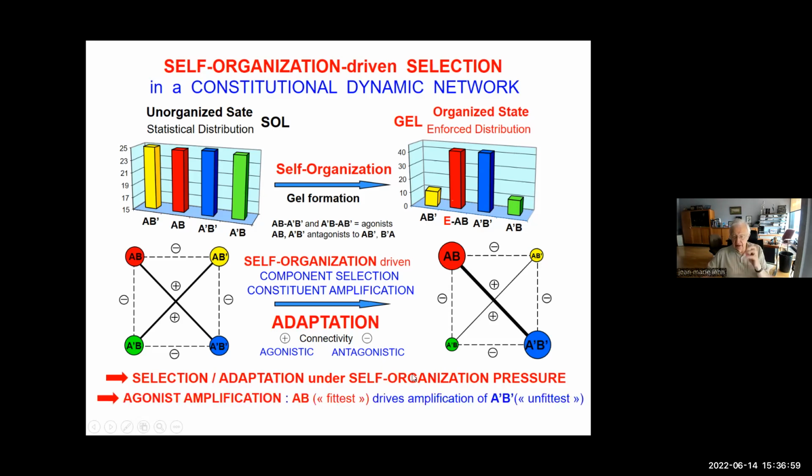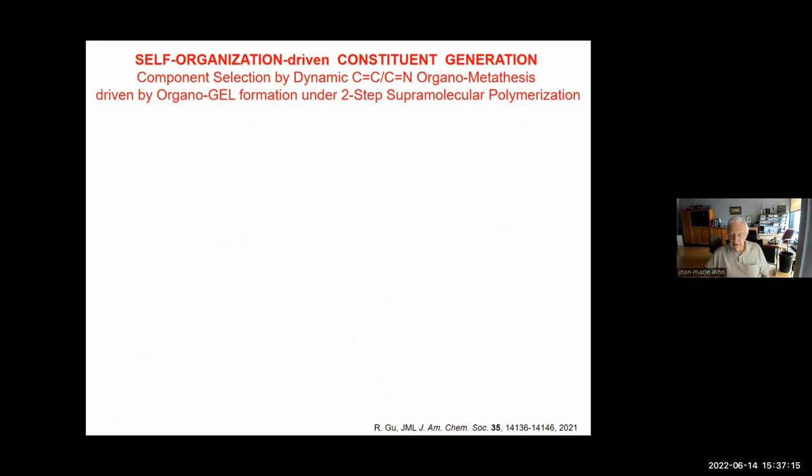The fittest amplifies the unfittest. Here, the fittest is the one which gives the best gel, and the unfittest is the one which does not want at all to form a gel. And this is very significant for the prebiotic evolution of matter. And I want to show you that,